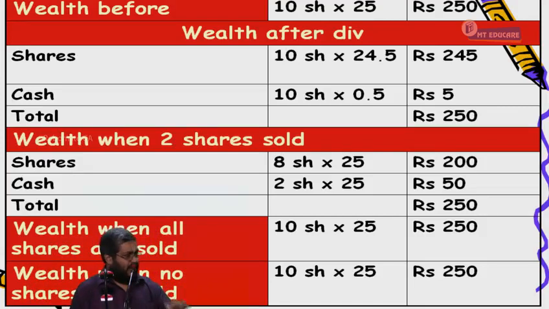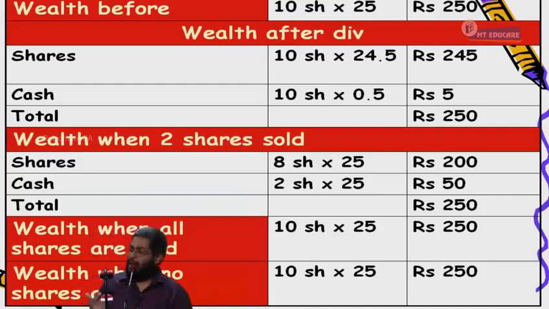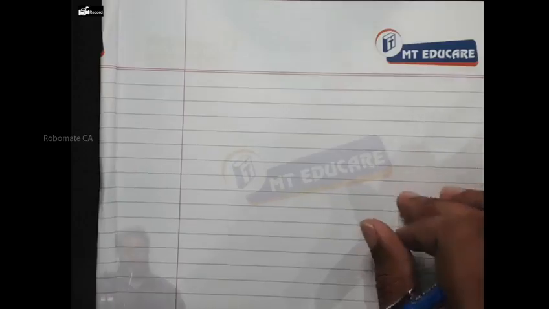But the market is not always about perfection. Market is imperfect, right or not? In some cases buyback may be good and in some cases dividend may be good. Now, let me tell you when buyback is good, or why companies sometimes go for the buyback route of distributing money and not the dividend route of distributing money. We have 3 points to discuss in this regard. Okay, number 1.